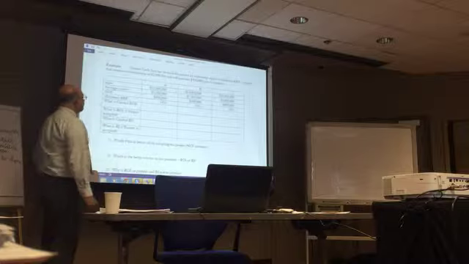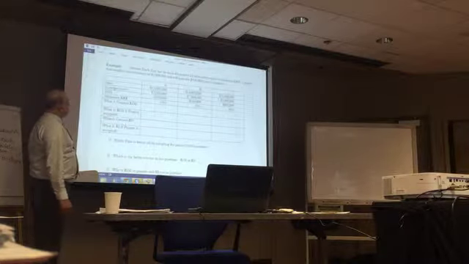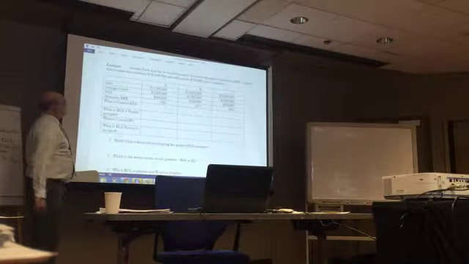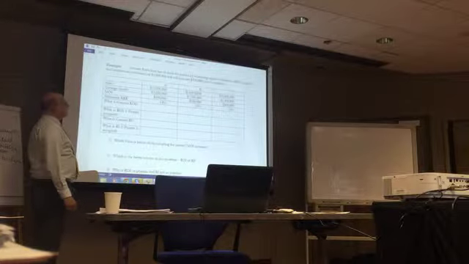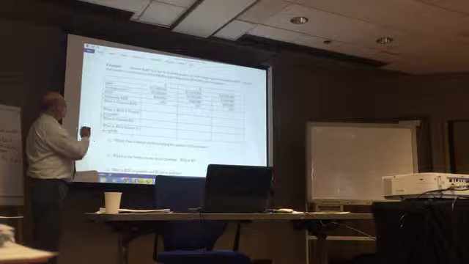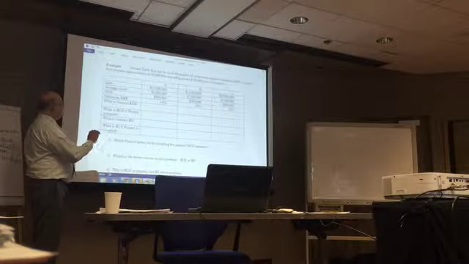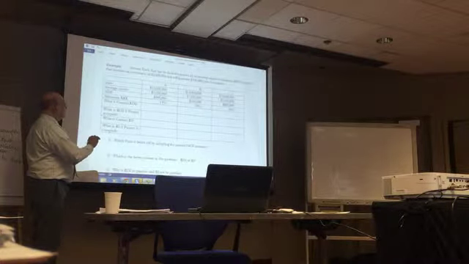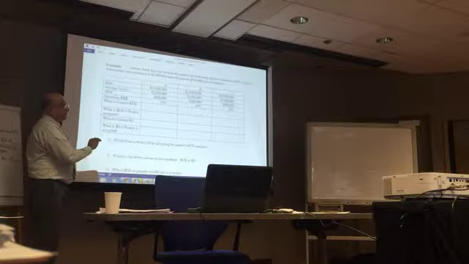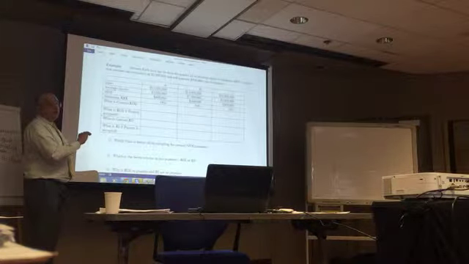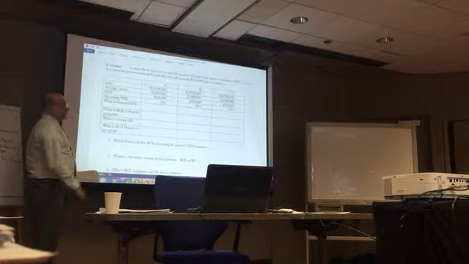So I'd like you to look through this. First, I would like you to see what the current ROI is. I'll give you a few minutes to look through this. What is the current ROI? What is the ROI if the project is accepted? What is the current RI? What is the RI if the project is accepted? Just make sure that you are clear on this.